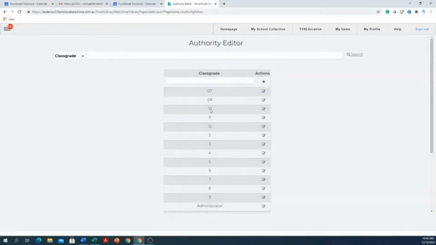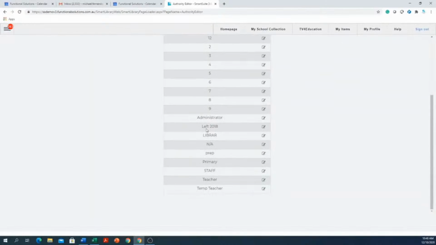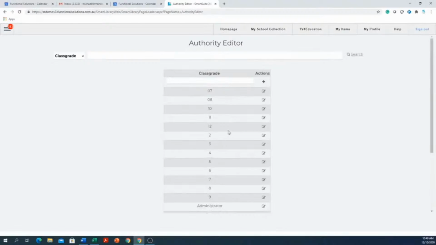Now, one class grade that you should have in here is "left in 2020." Next year you'll change it to "left in 2021," and so forth. The reason is that at the end of the year, you want to do a global change, and you can go into the menu, go into global change,